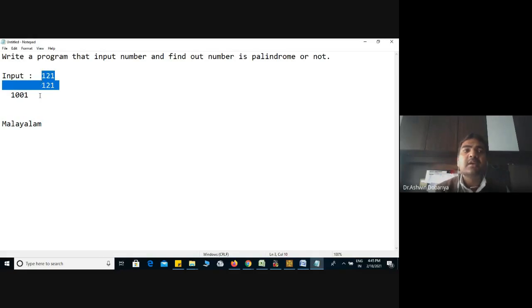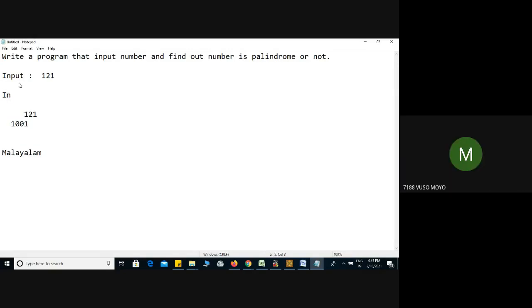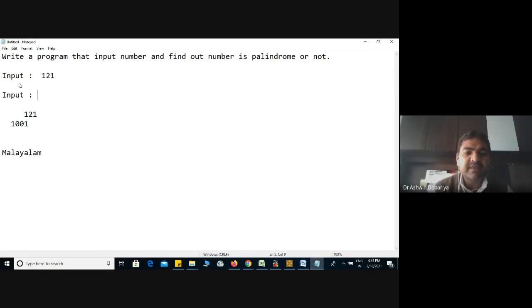So now see, our previous program is totally included in this. How will you check first? Suppose I input 125, then first what will you do to check the palindrome? In your mind, first what will you do? You will convert it to reverse first. And what is the reverse? 521.